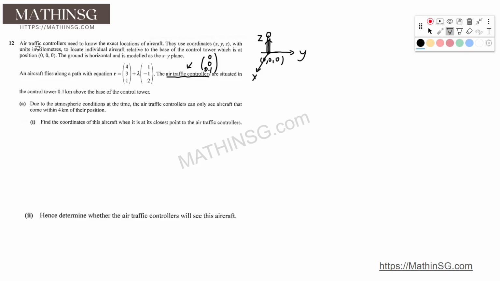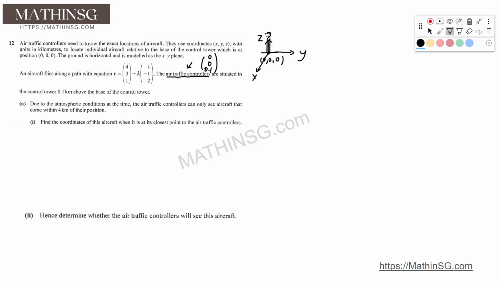So the base is at 0, 0, 0. So 0.1 above it is 0.1, because we know from this passage here that the Z coordinate is the vertical axis. So now that we have read the first paragraph, which gives us a lot of information